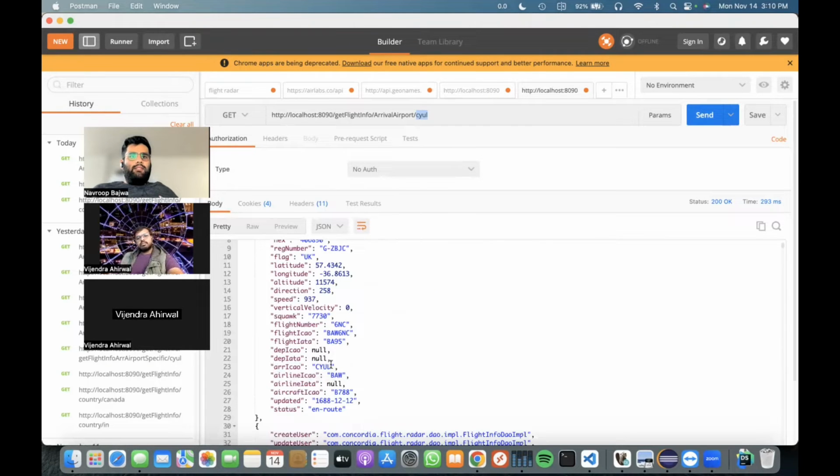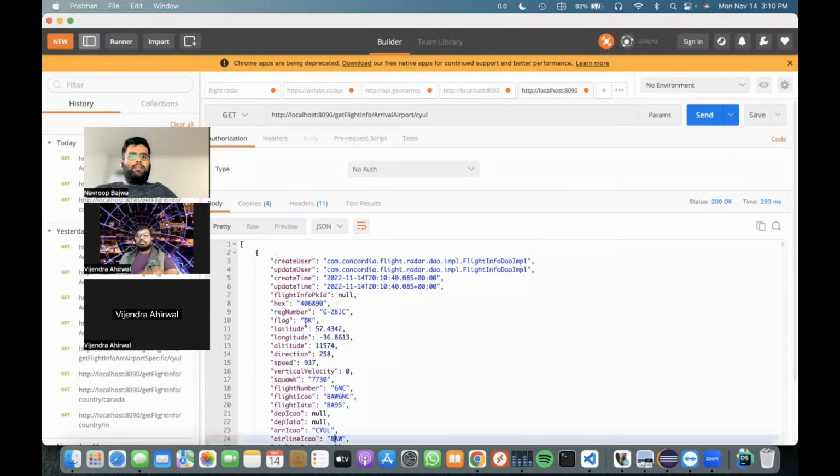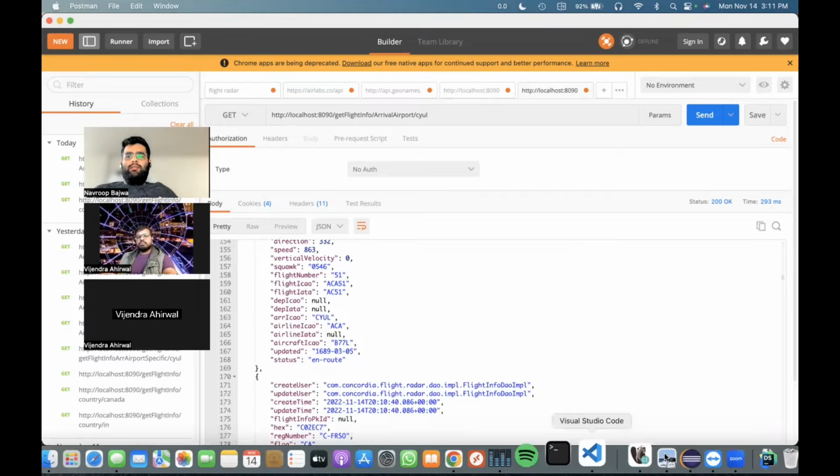As you can see, the arrival ICAO is Montreal International Airport, the airline code is PAW, and the registered country is UK, United Kingdom. This data will keep on updating every 2 minutes in the Java code. For the updation also, you can see,